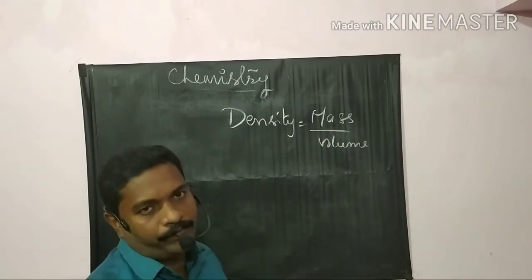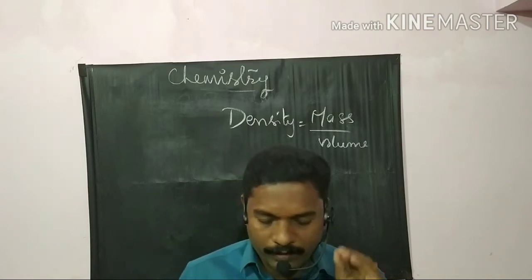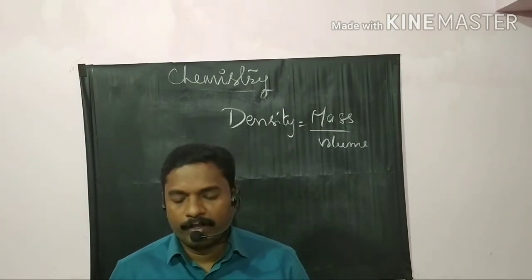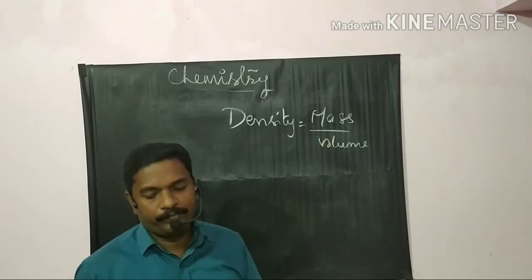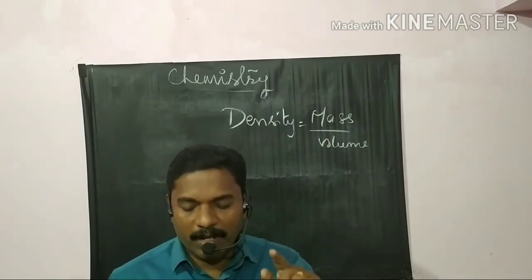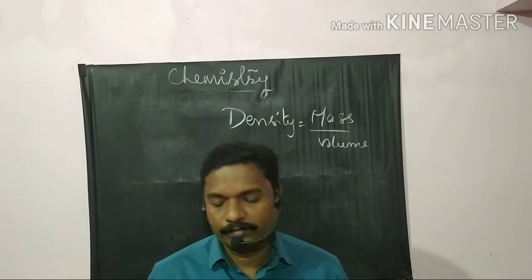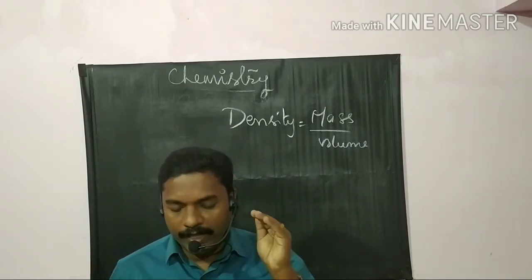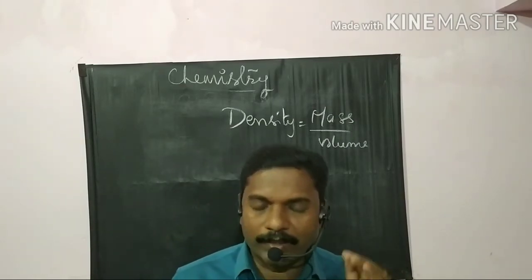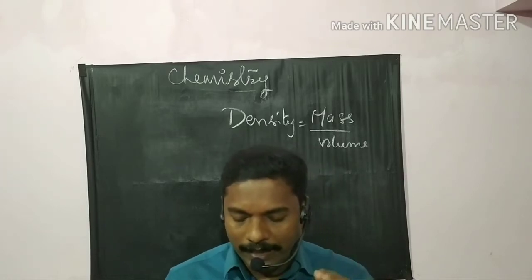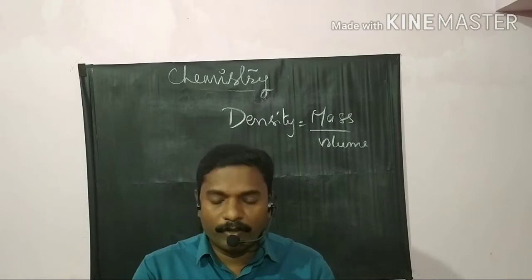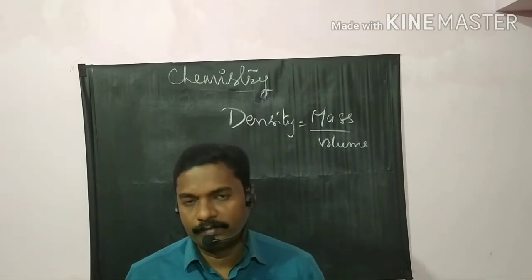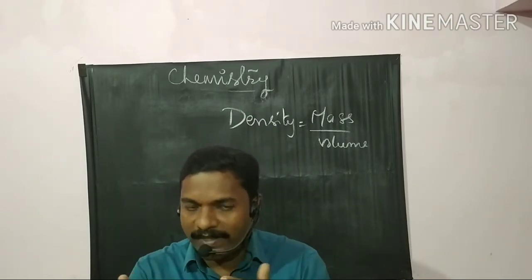So density depends upon the number of particles per unit volume as well as upon their mass. The number of particles is related to their size as well as the attractive force among them. So keeping these points in mind,